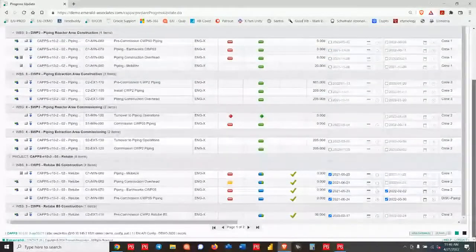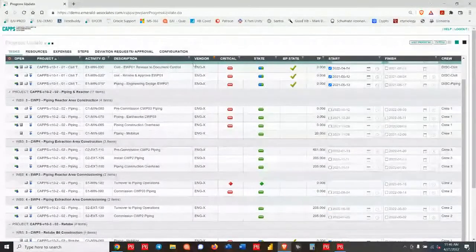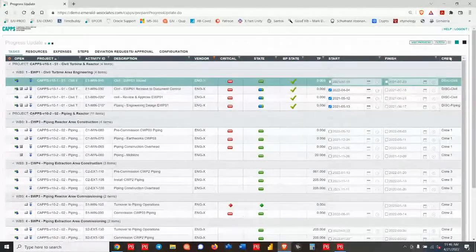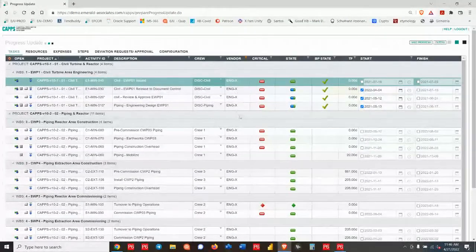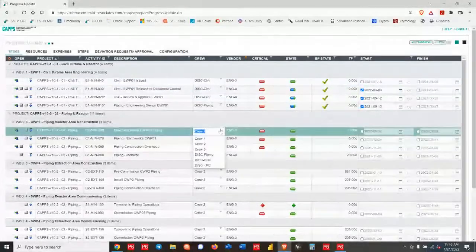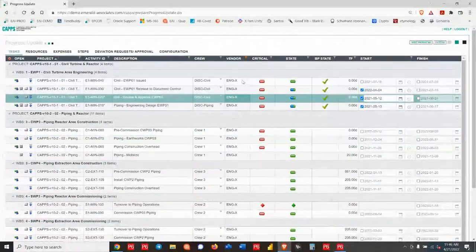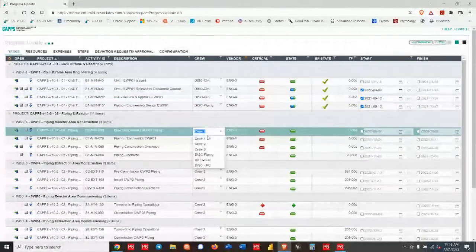So this layout could be different than the previous layout. My filtering criteria could be different. I can have different fields on the screen for the updating. So for example, I've got vendor and crew in here, and this is an activity code. So the activity codes can be secured, so they cannot be updated, as you can see here with the vendor, okay? So that's one that's not a pick list inside of CAPPS, but this crew is actually a pick list